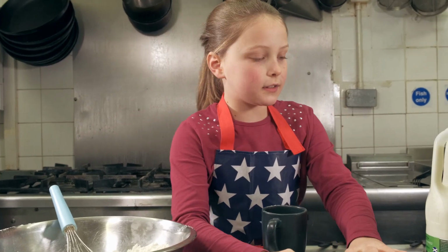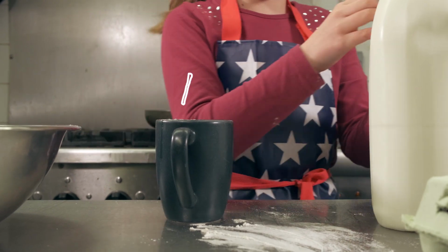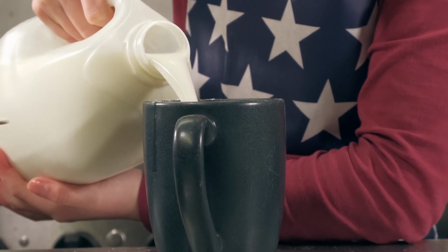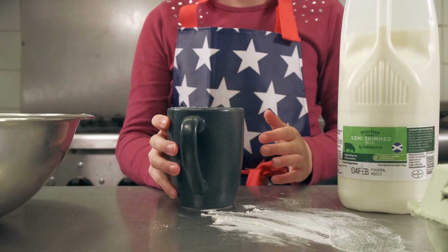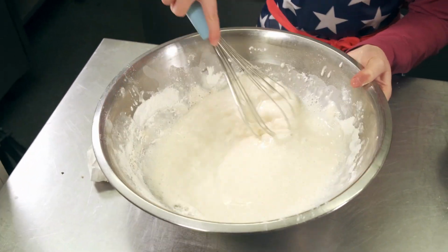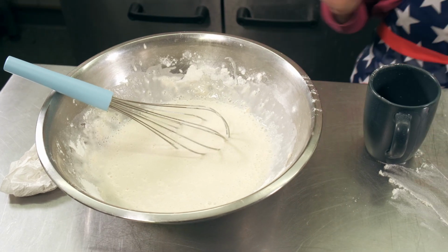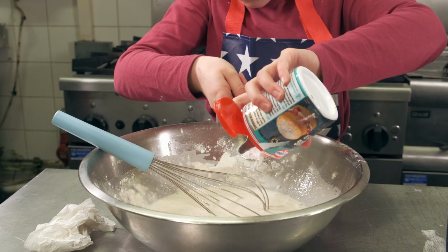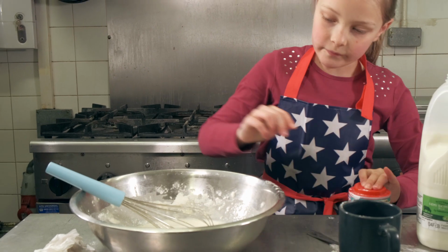Okay, next ingredient is the milk. Now, with the milk, you will need your cup again, and you're doing 1 cup, like the flour. With the milk, we use skimmed milk, but you can use any milk you want. Once you've got it to about this, you can get your baking powder. It depends if you are using baking powder. Oops, that's a bit too much. Just about that much baking powder. And then